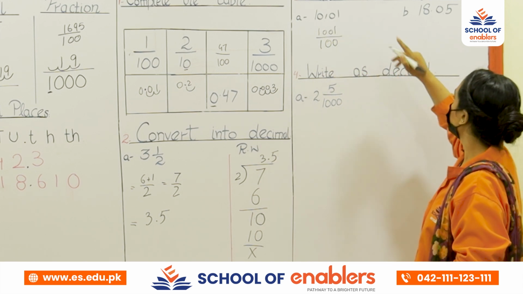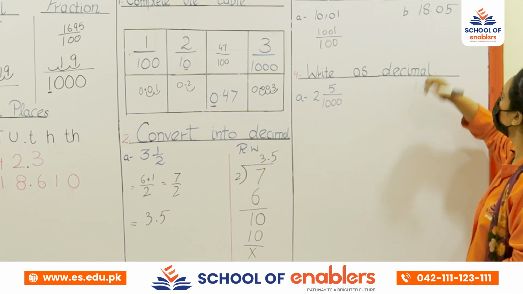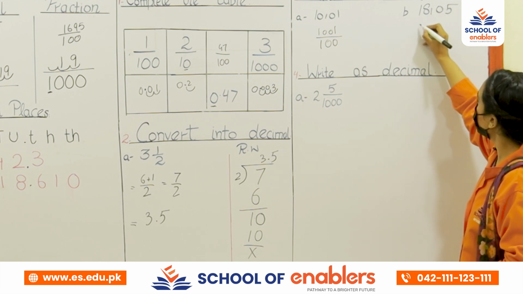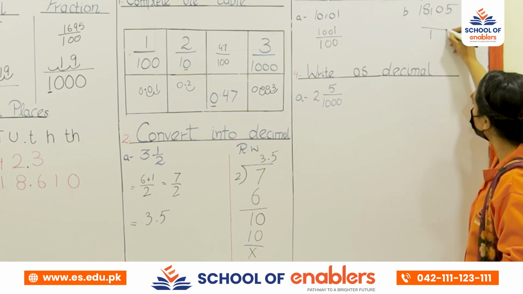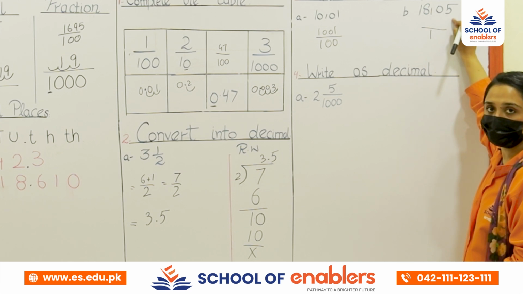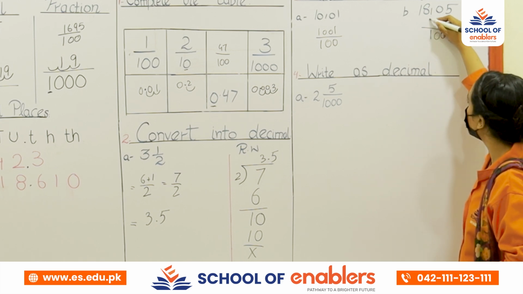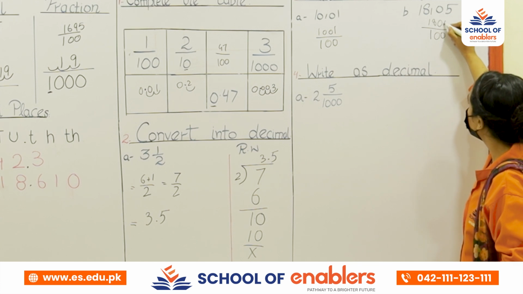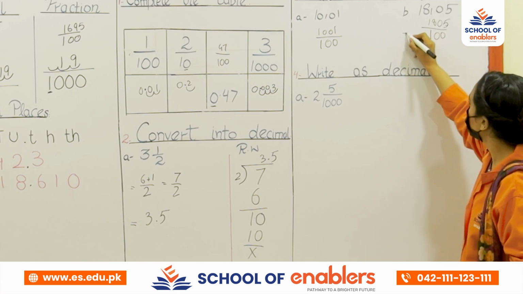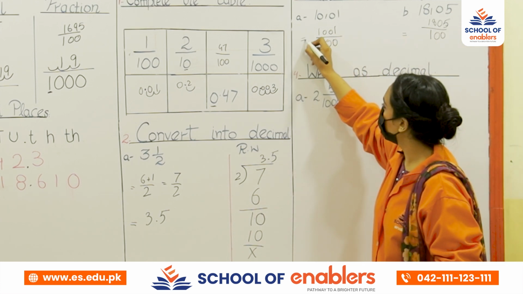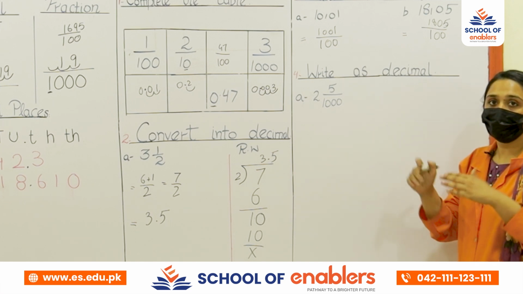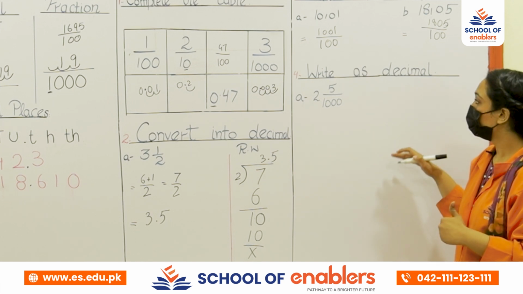So part B. In part B, what we have to do is remove the decimal sign. We will put 1 in the denominator. And how many digits do we have? 2 digits. We will put 0 instead of the 2 digits and we will write the number without the decimal point. So we are done with our question number 3. So now we will move to question number 4.